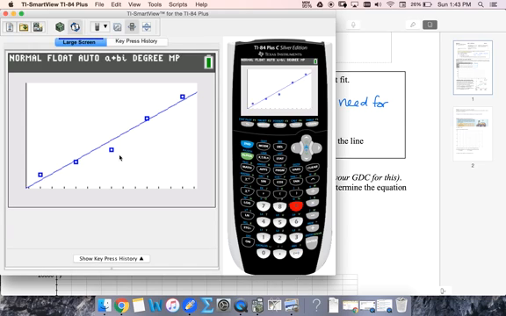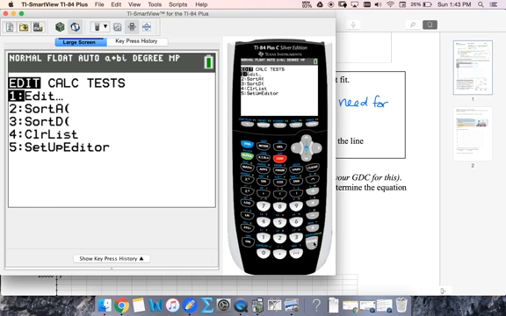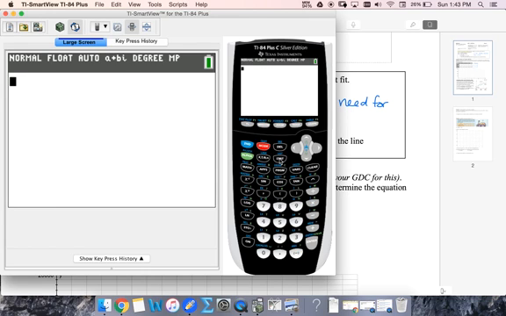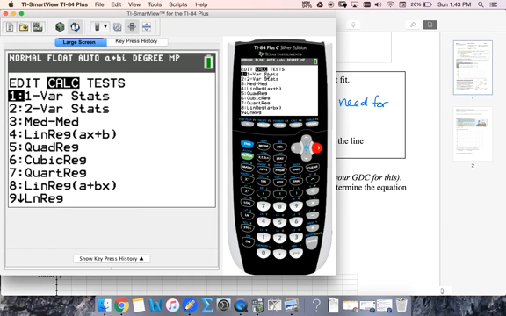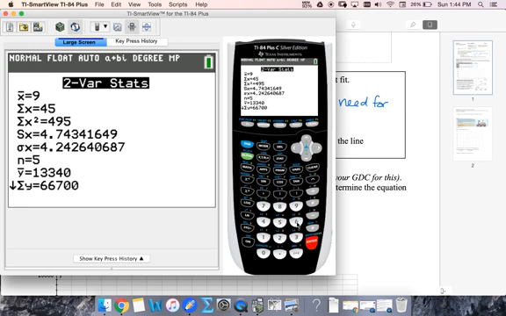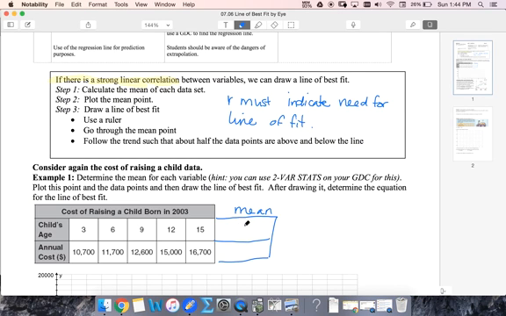So remember, we already used our calculator to draw it, so that means that we already have our data in our stat lists. So to find the mean, I can find the mean of both of those at once by doing stat, calc, and this time two varstats, because I have two different variables. I have age and I have money. So list 1, list 2, there is no frequency. All right, so I see that my mean age is 9, and if I scroll down, actually I don't even need to scroll down, my mean cost is 13,340. So 9,